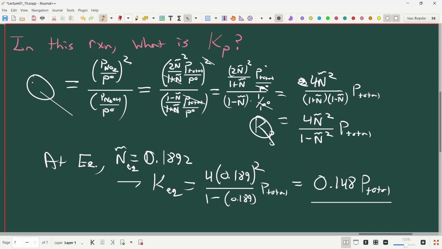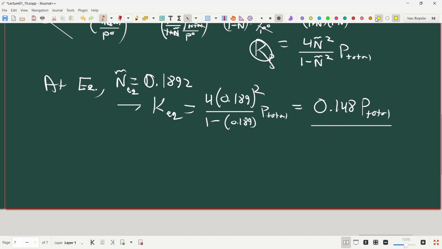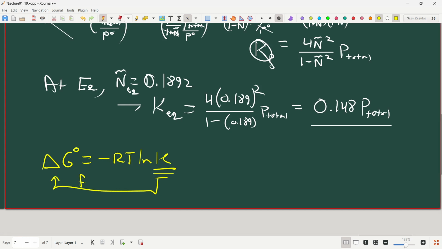What does this number measure? Well, this number measures basically how many products you form. So as pressure goes up, this reaction becomes increasingly more reactant favored. Let me write that down. This is a really interesting point. You don't really quite get this from ICE, in my opinion, that we have a fixed relationship. K is fixed to this number. But K